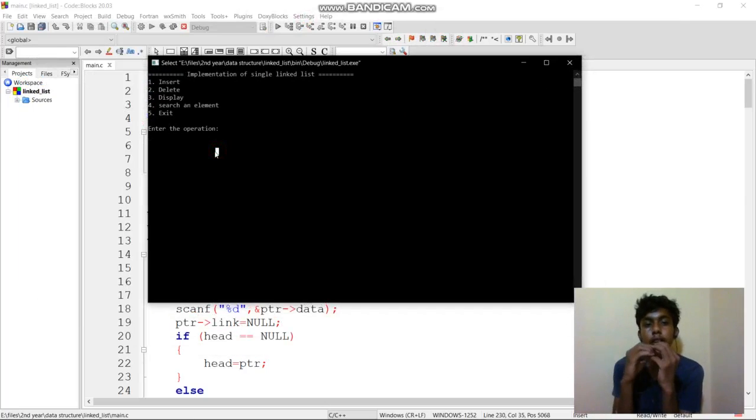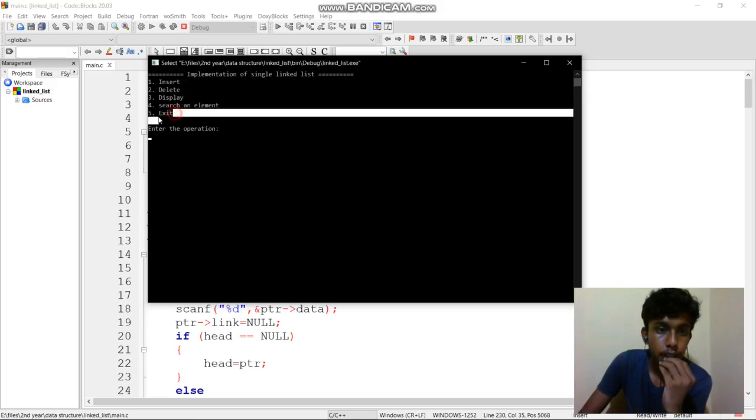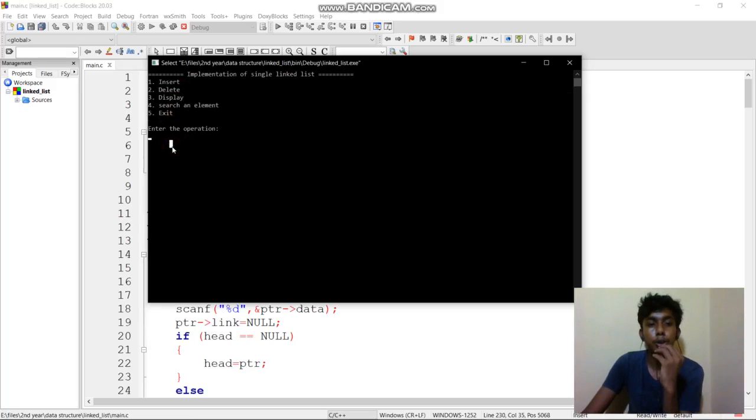First it asks which operation we are going to do: first one insert, second one delete, third one display, fourth one search element, fifth one exit. These are the operations we are going to do in this single linked list.